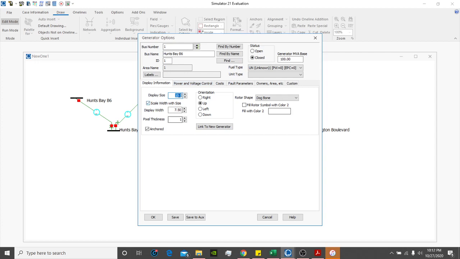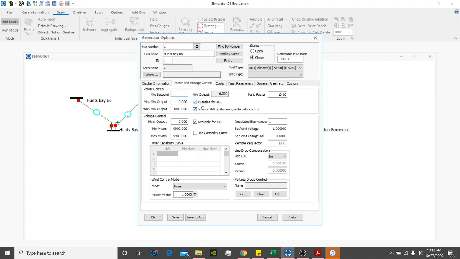So that would be correct. AGC turned on, yes. Max would be 65.1. The minimum would be 0. MVAR max would be 42, and